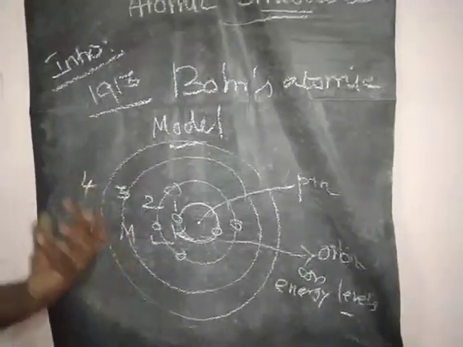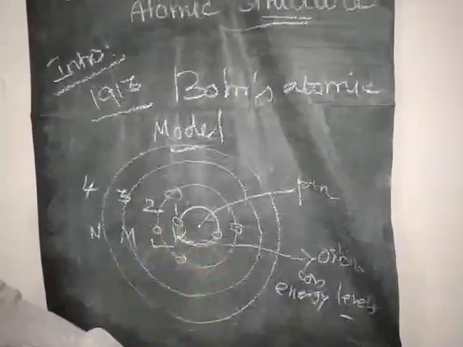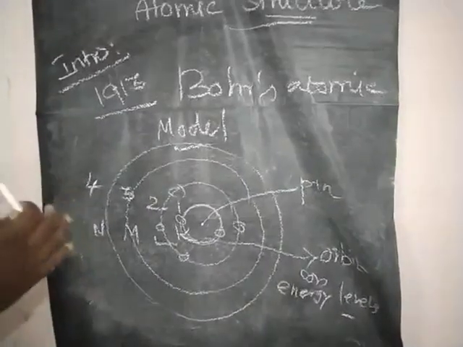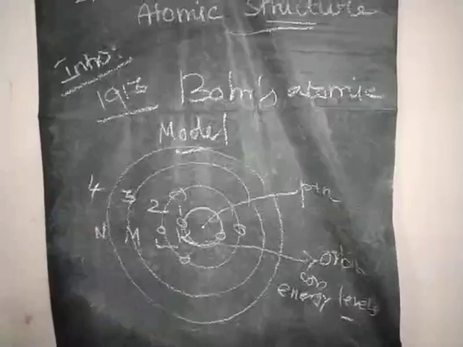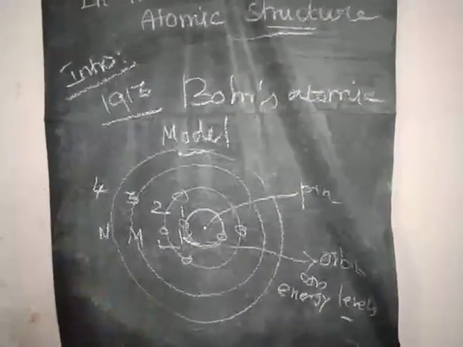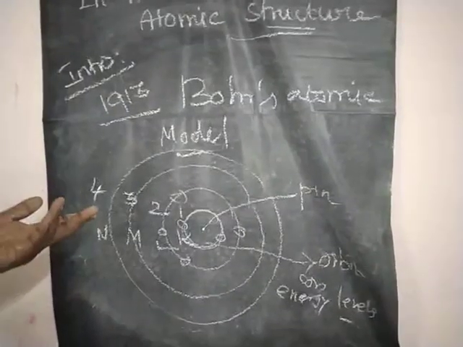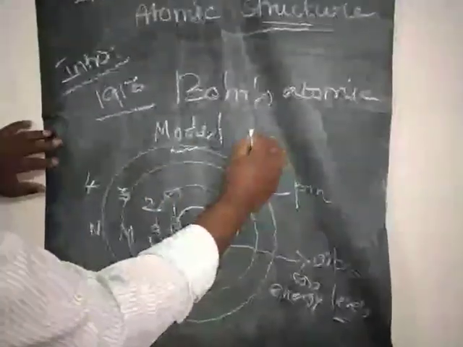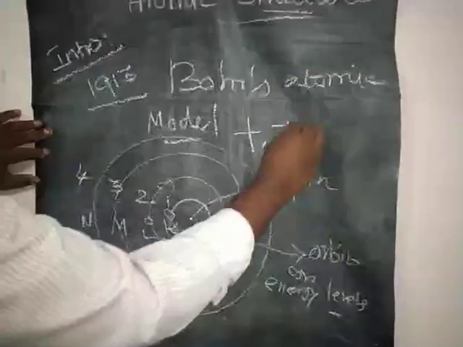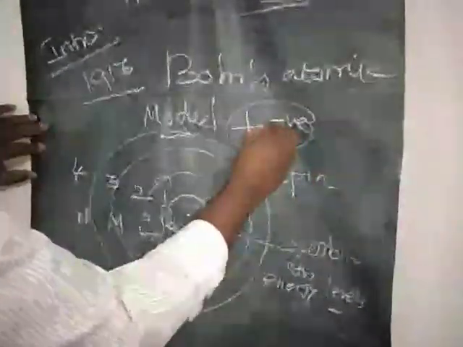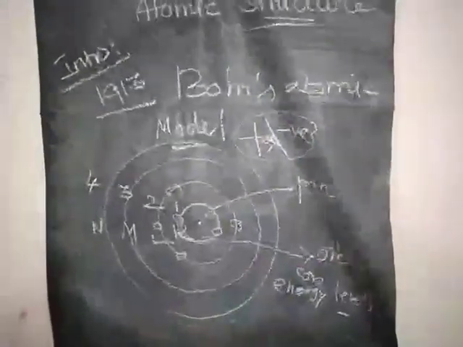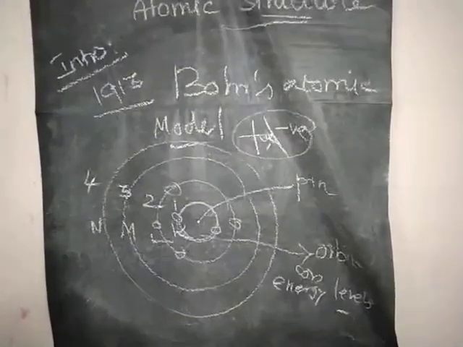Next, the number of protons is equal to the number of electrons. How many protons are present inside an atom should be equal to the number of electrons. We may change the number of electrons or protons, and it becomes positive or negative. All these points he has explained clearly.